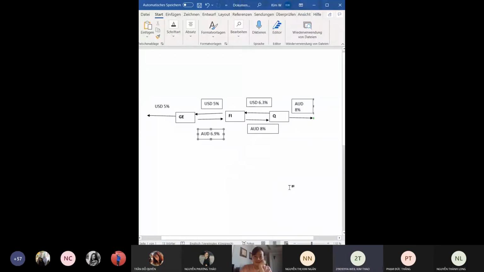So that's how I drew it. This is the General Electric that pays 5% and 6.9% to the financial institution. And you cannot see it yet. Oh, really? What about